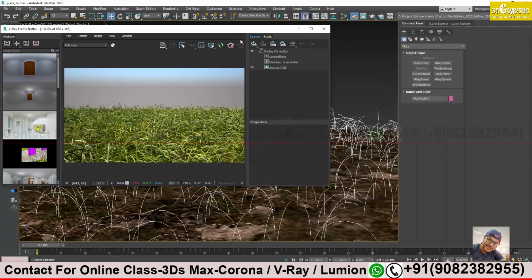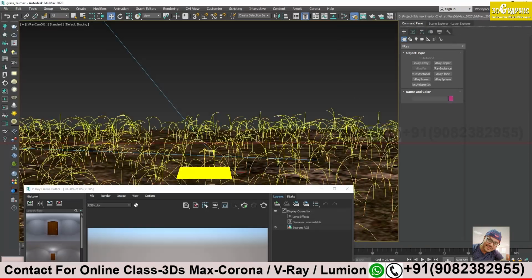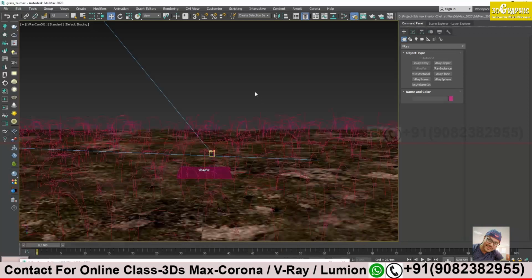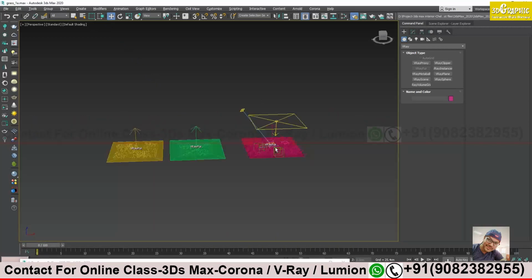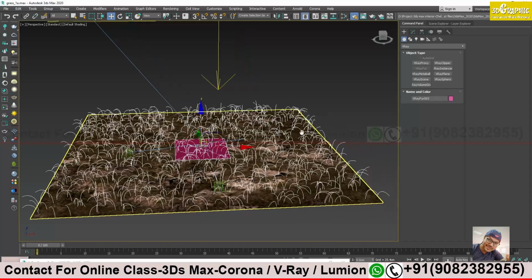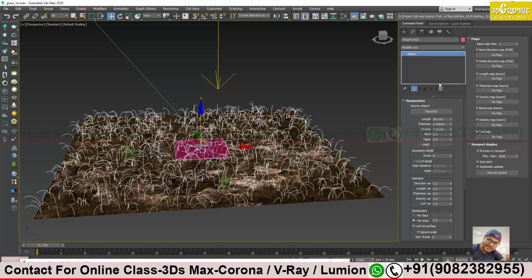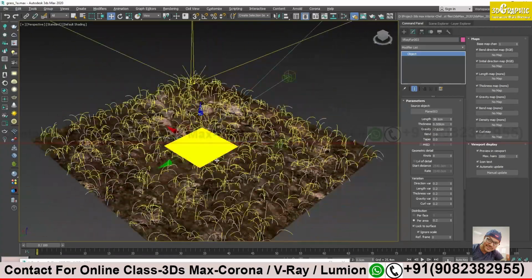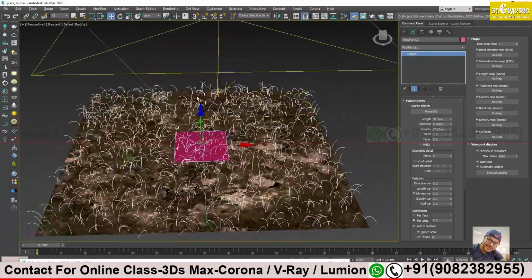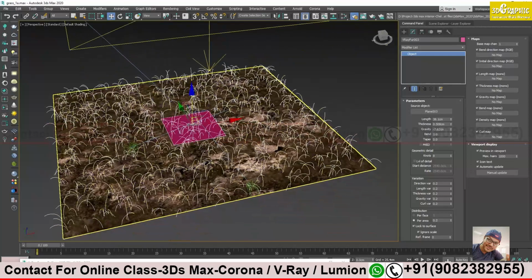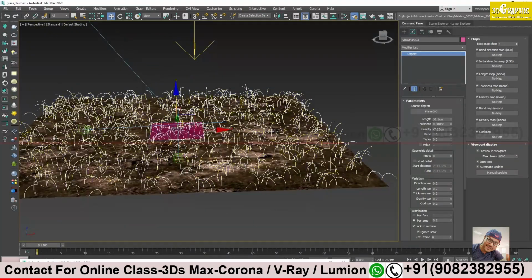We stop render over here. Just click, go to perspective view, then I can have a better idea. Just click over here. On the right side, I get my properties. Plane is my bottom plane, that is my source. That is the area of my fur. The plane area is the limitation of my fur. Length, obviously the height.